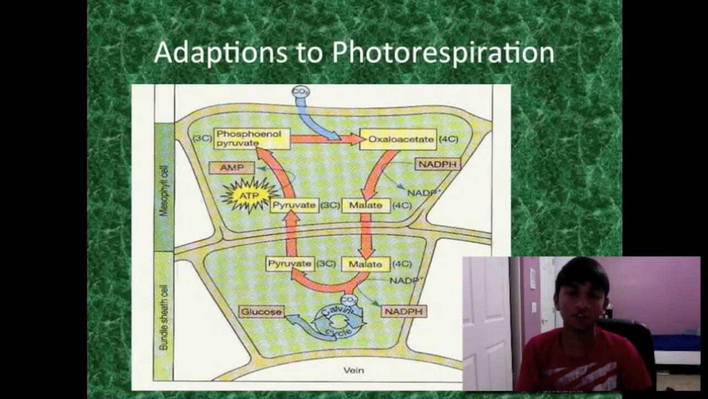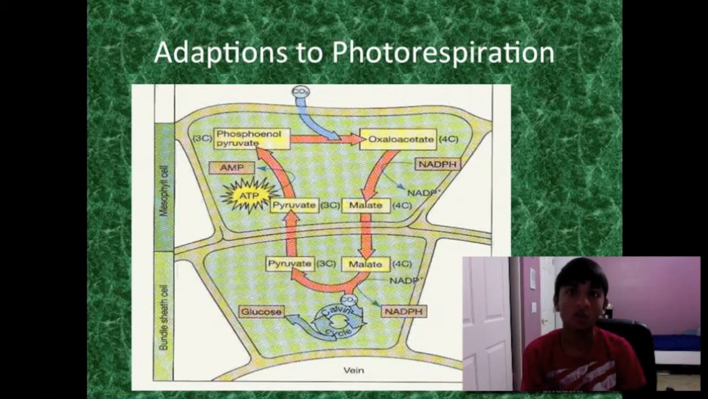Another adaptation to photorespiration is the C4 plant. In C4 plants, carbon dioxide is taken into the mesophyll cells and incorporated into oxaloacetate, which is a 4-carbon molecule. NADPH's energy is then used and malate is created. Malate is transported into the bundle sheath cells, which are farther into a plant. And the reason it's transported into the bundle sheath cells is because bundle sheath cells have a much lower concentration